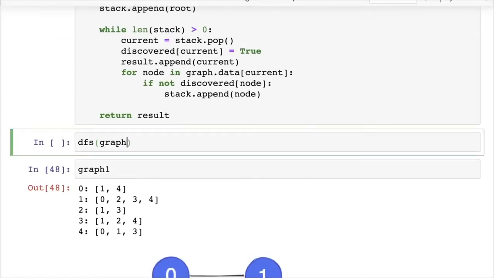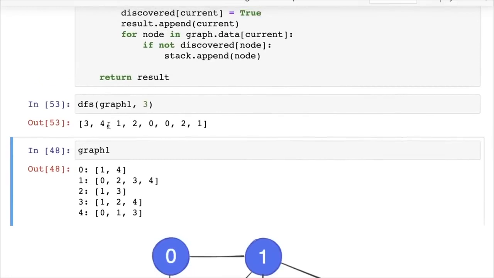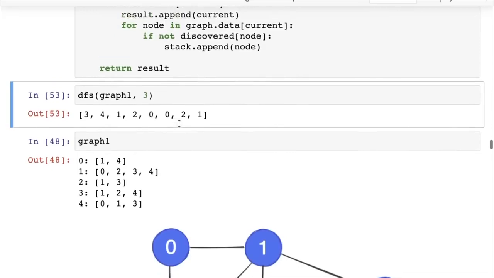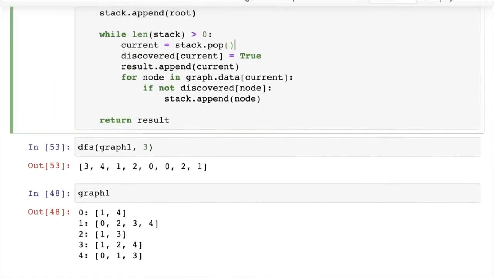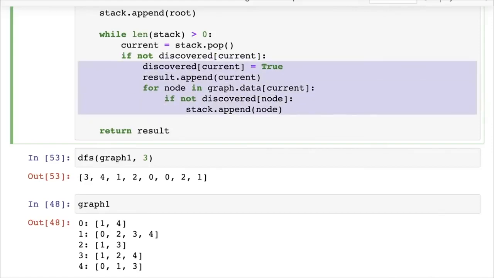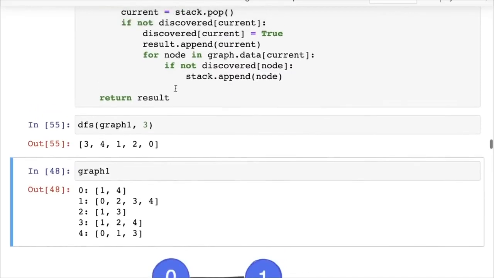DFS graph 1 starting at the node 3. Okay, so it looks like we have 0, 1. So it looks like we made a mistake because we got some repeated values here. And that's because we may want to just check if not discovered current. We may want to just add this check and put everything inside this check so that any older values that have been inserted into the stack, which are already visited later sometime through another value in the stack, get